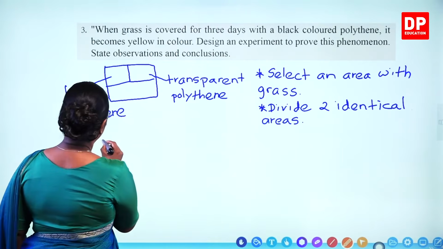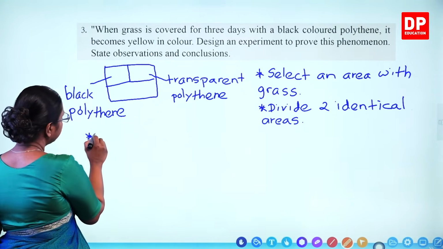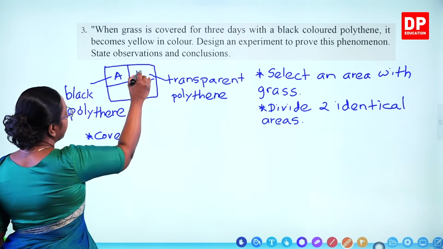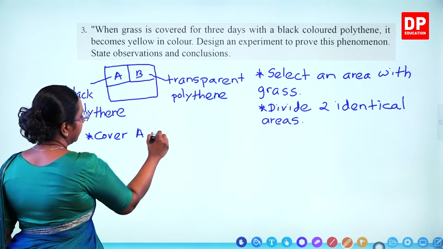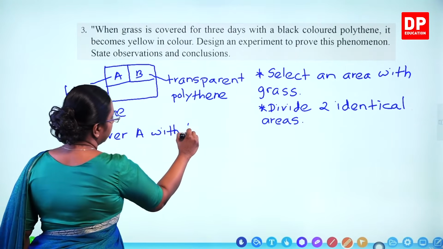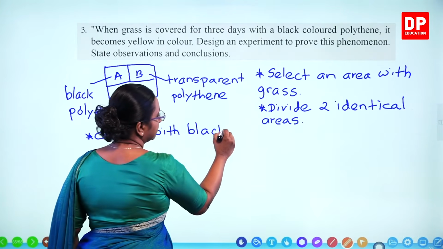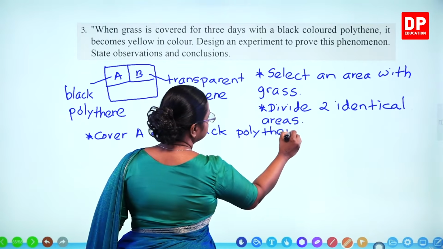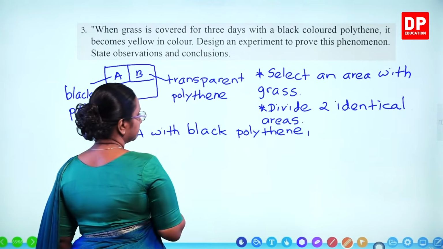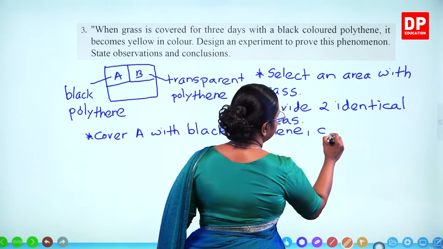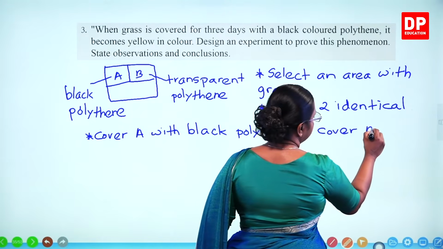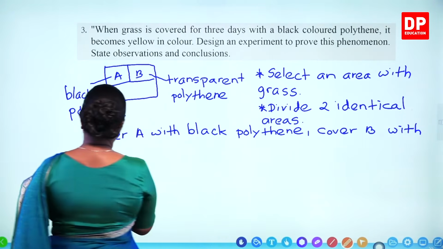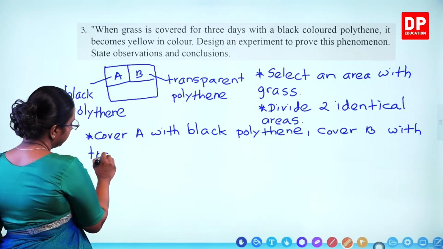Then I will write it here. Cover, let's say A and B. A with black polythene, cover B with transparent polythene,